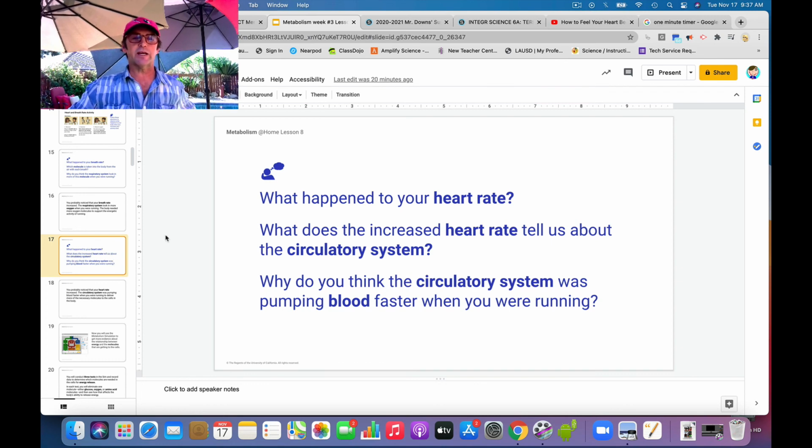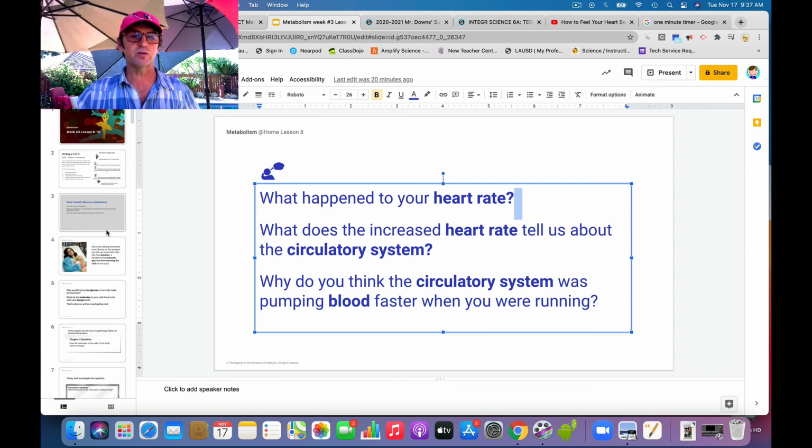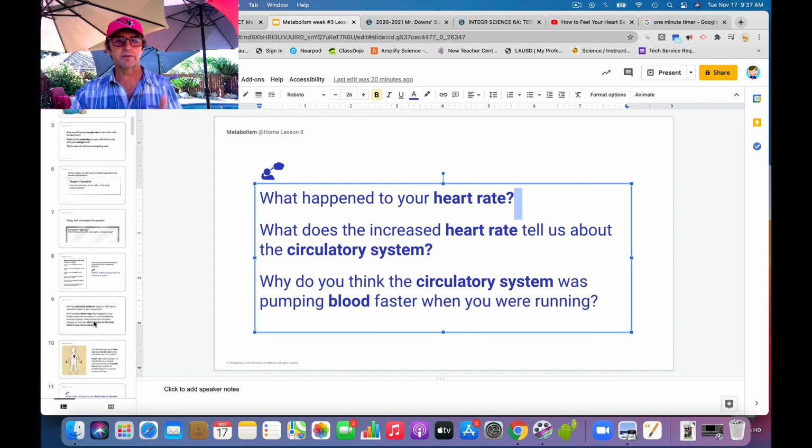So no CERs, just answering the questions on the blue slides, right in the slides themselves. And then what do we always do with our slides? Once you have the answers, move them to the top. So if you have written anything on any slide, move it to the top, so you will have those highlighted. All right, let's get started. I don't know if you'll have time left or not. It depends on how Zoom went. But if you're doing this via video, slides 1 through 18, blue slides have questions, do the activity, fill it out.